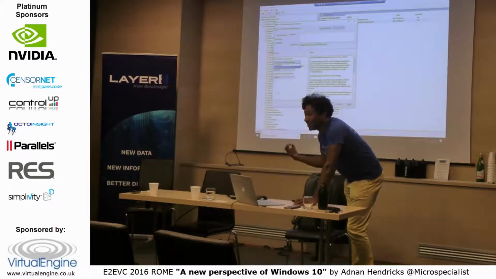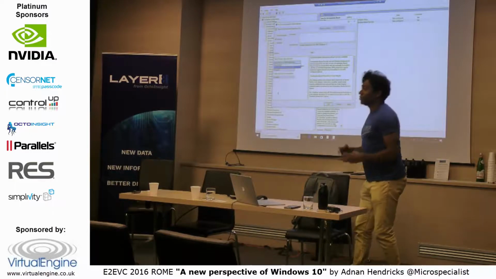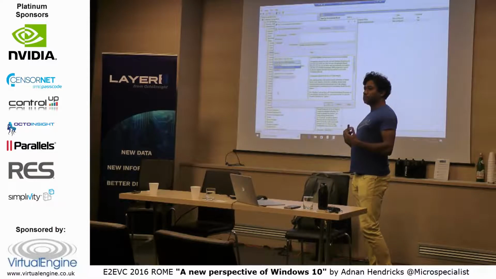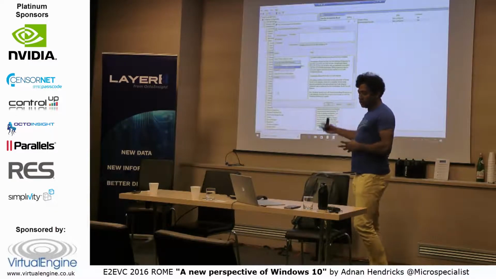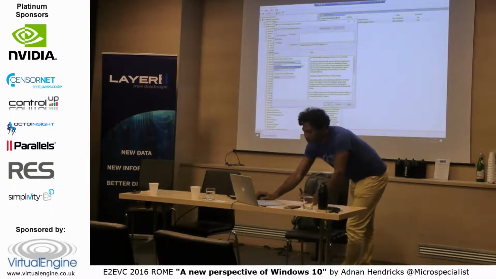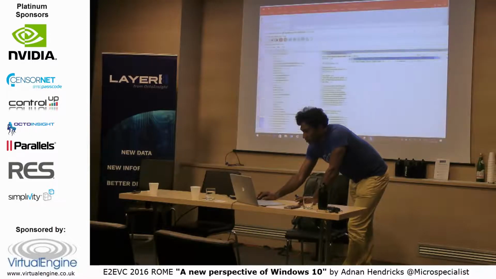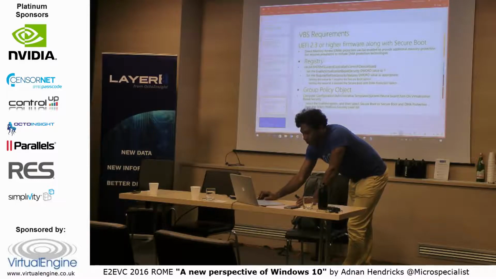Credential Guard uses the exact same virtualization containers, you could call them, for network secrets. So if you're using your login passwords for Active Directory, Azure AD, or other credentials, they will be saved in there. Most of the stuff is pretty easy. Group policy can be configured. Most of the slides should be available.